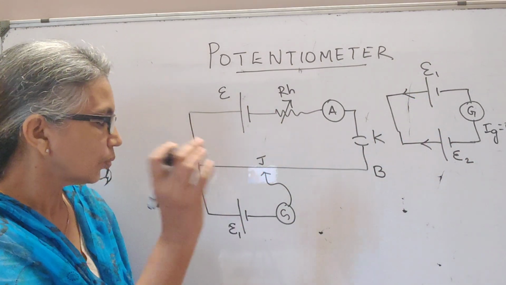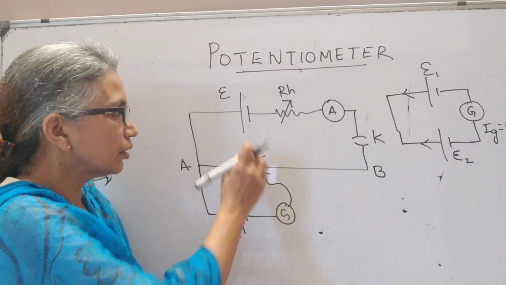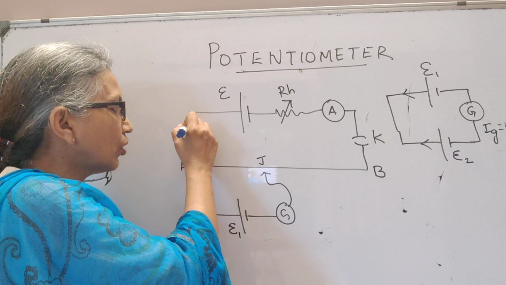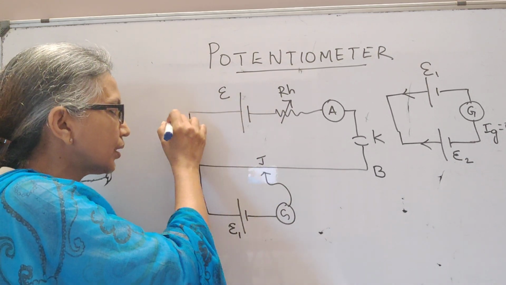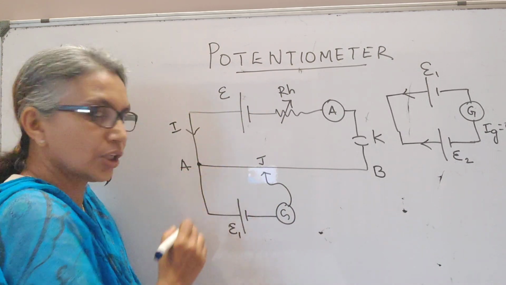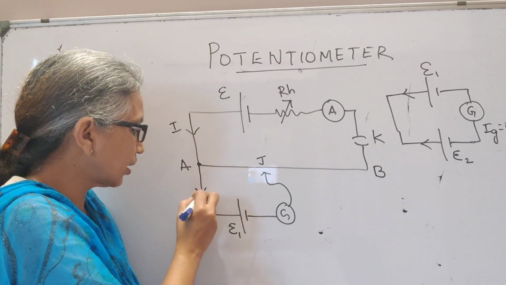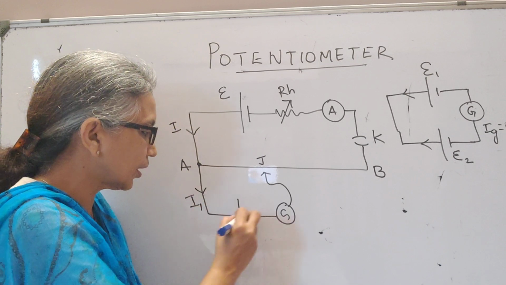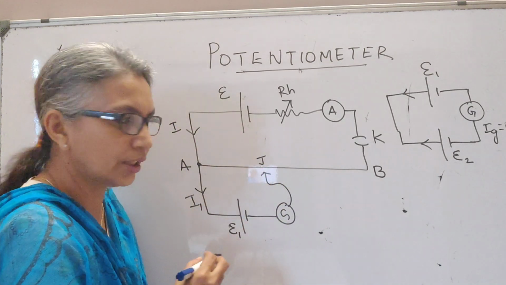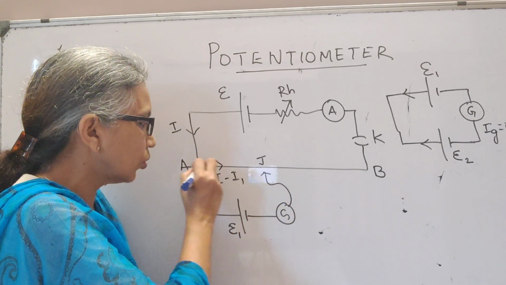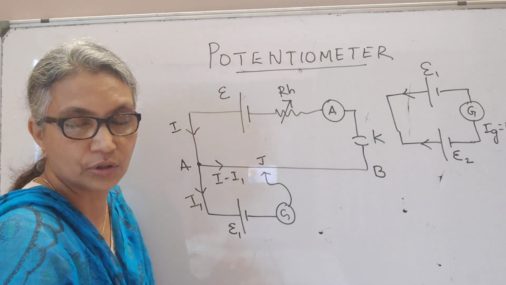So here we will see now that this is sending a current through this wire. Let me call that current from the positive terminal as I. When it reaches the junction here, this current will split into two. Let me take the current I1 passing through the cell, through the galvanometer and to the jockey. So the remaining current I minus I1 must go through this branch according to Kirchhoff's law.